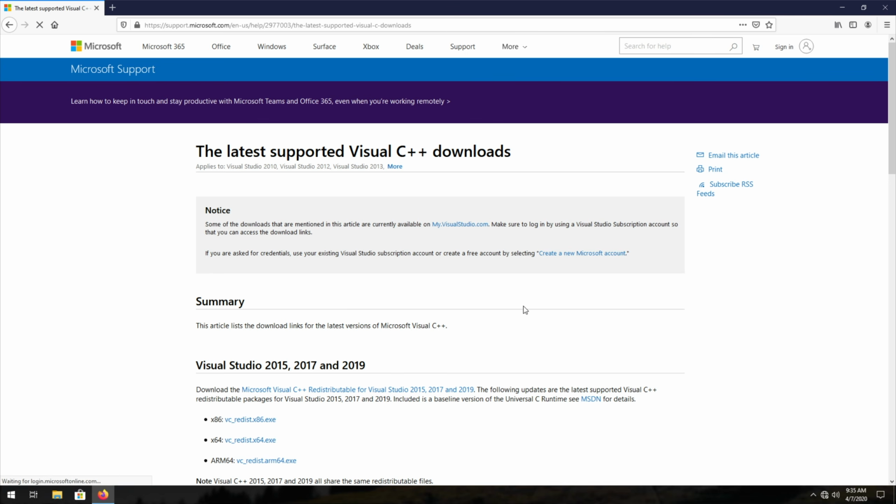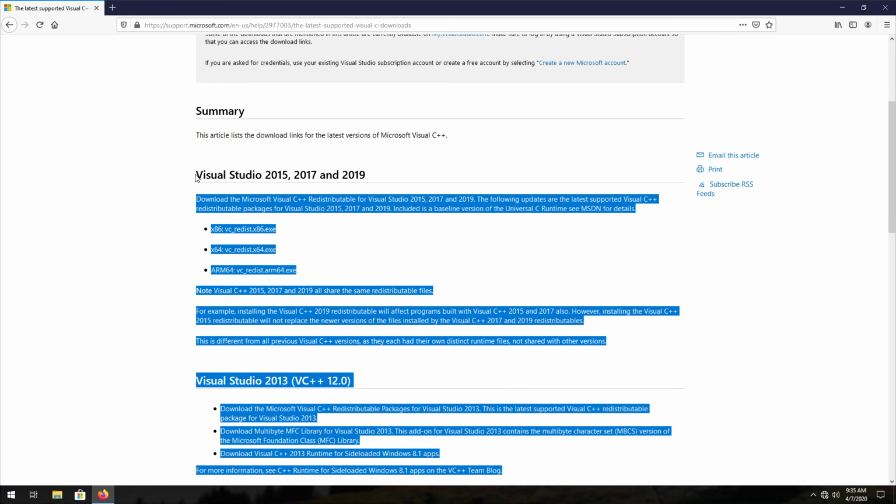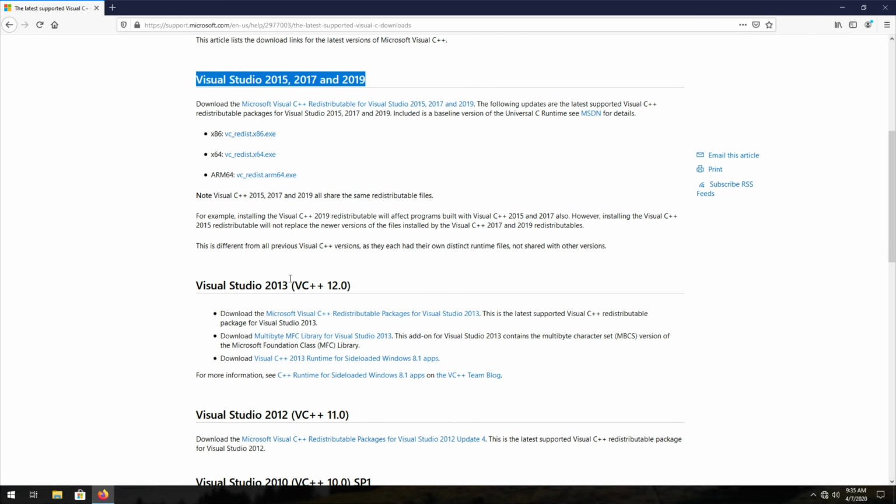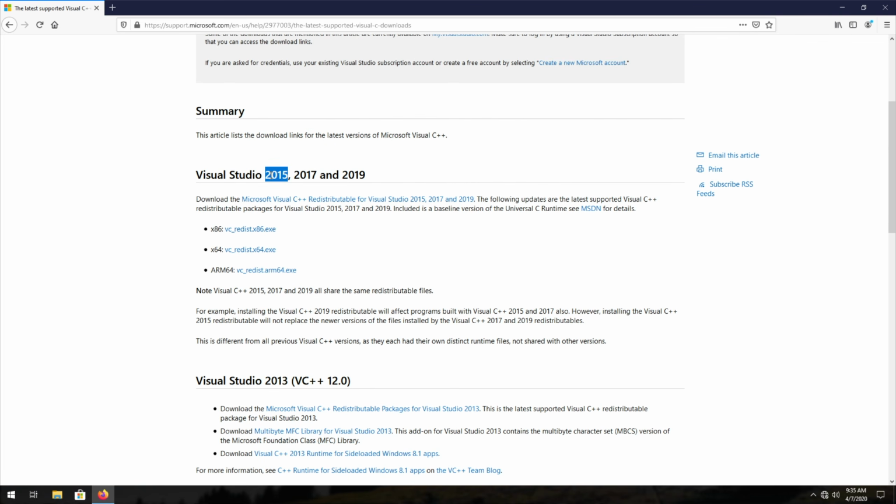After heading across here, we'll find a list of dates and redistributables right below them. So the first one over here is 2015, 2017, 2019. This is the 2015 to 2019 one I just uninstalled. What we're going to do is find out if we're on a 64 or 32-bit PC. More than likely, you'll be on a 64-bit PC. What we can do is click on this one over here, x64 VC Redist, and we'll click Save File when